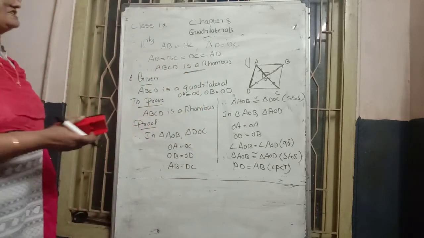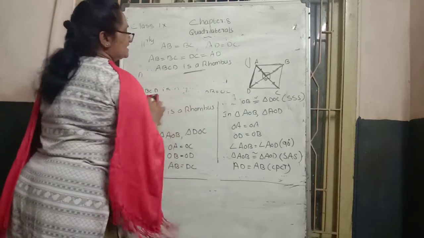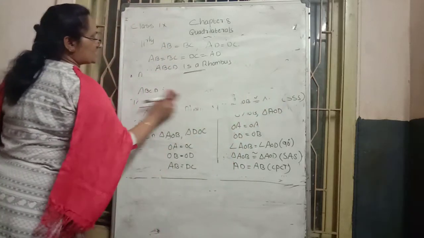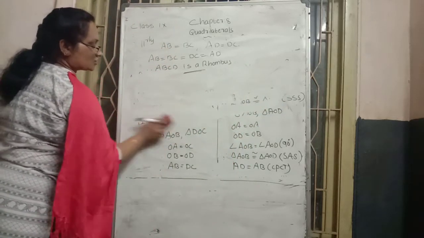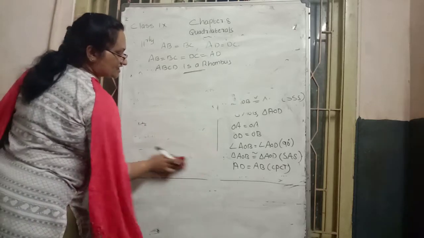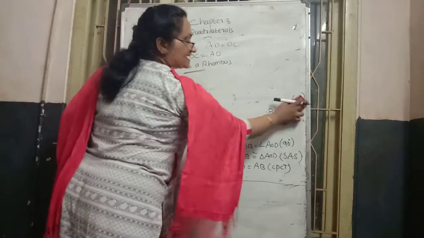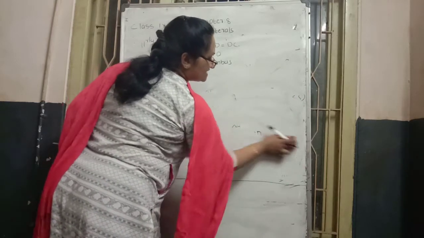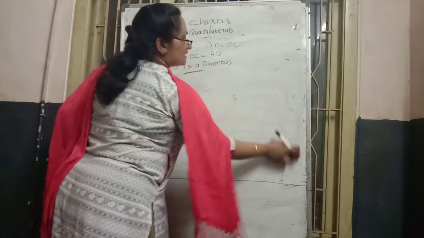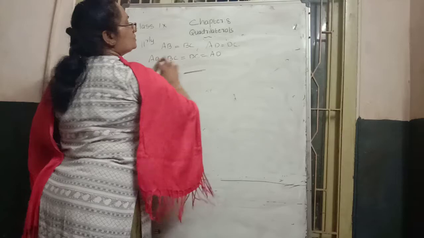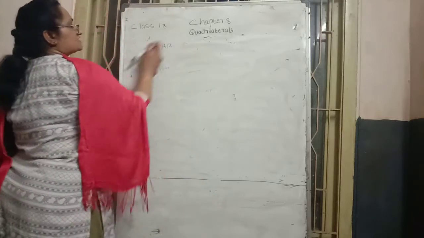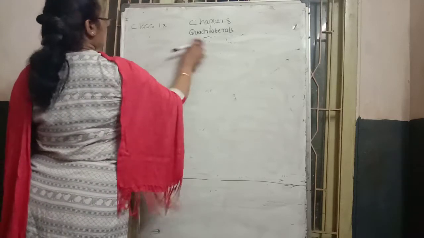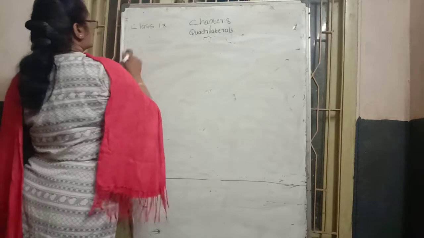I hope you can understand this. One more question, the third question: prove a square case. What is the special property of a square? In a square, all sides are equal and one angle becomes how many degrees? 90 degrees. In a rectangle, opposite sides are equal and one angle becomes 90 degrees. In a square, all sides are equal and one angle becomes 90 degrees. If we want to prove that, then we can finally write that the diagram becomes a square shape. So we can move to the fourth question.